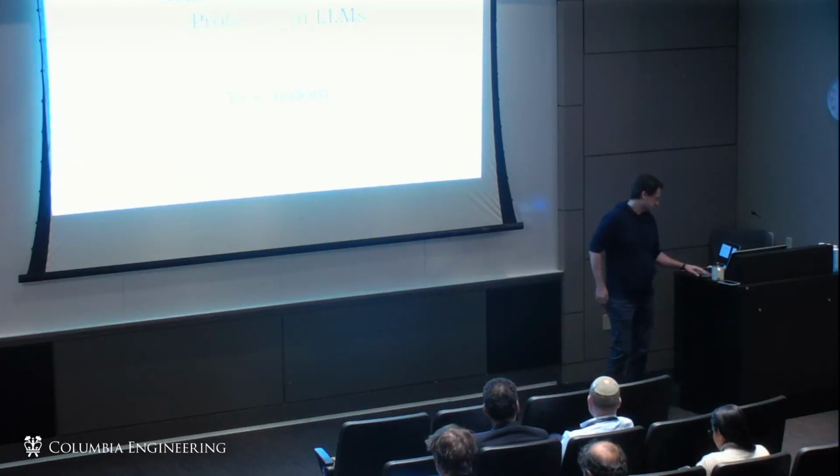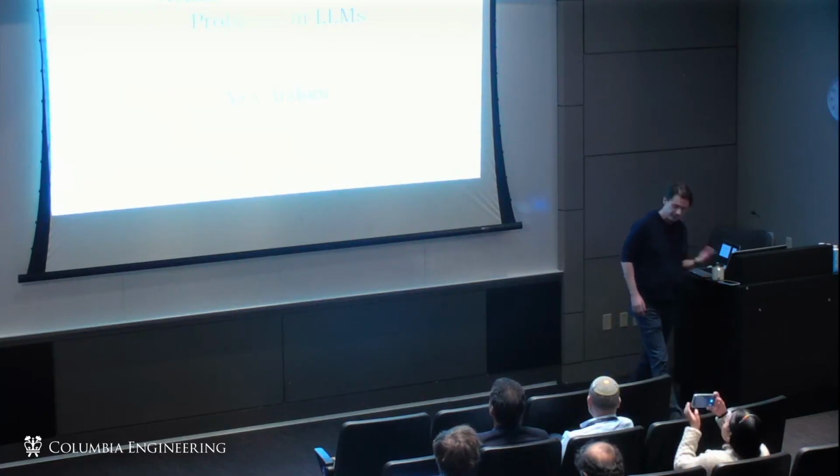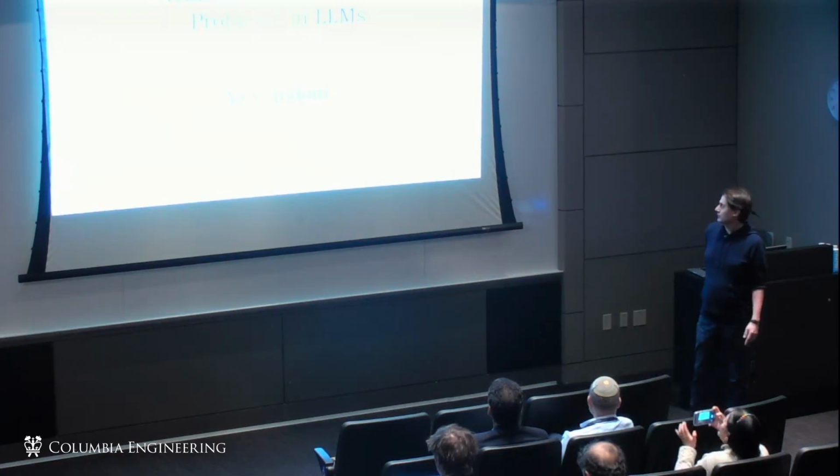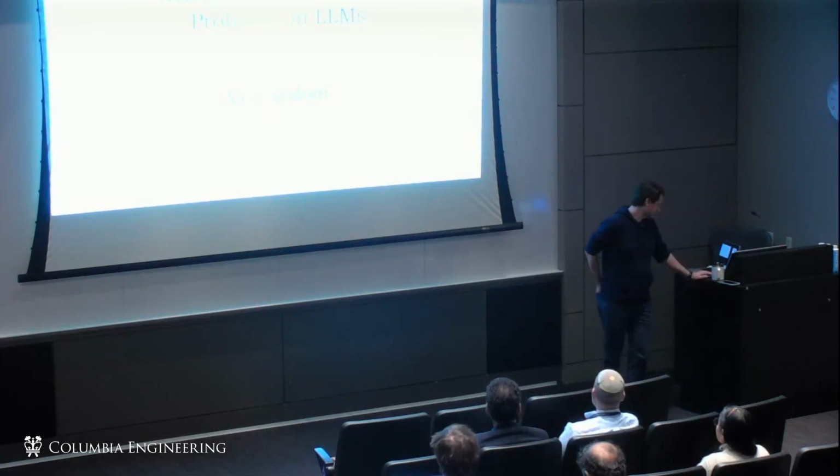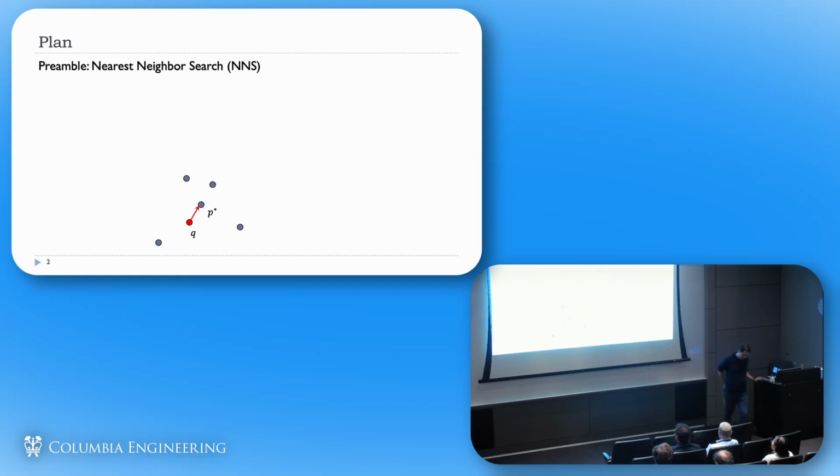Thank you. So I'll talk about nearest neighbor search, which is a problem I've been working on for quite a while. But I'll focus on the LLM part. So let me start with the plan. The preamble will be talking about nearest neighbor search, what we have been doing. I'm a theoretical computer scientist, so I view these problems as theoretical computer scientists do: formulate the problem. What is the best algorithm that works under worst-case assumptions? How can we formulate the problem to get such bounds? And I really want bounds which talk about query time, space, and performance of the algorithm in general. So I'll talk a little bit about that.